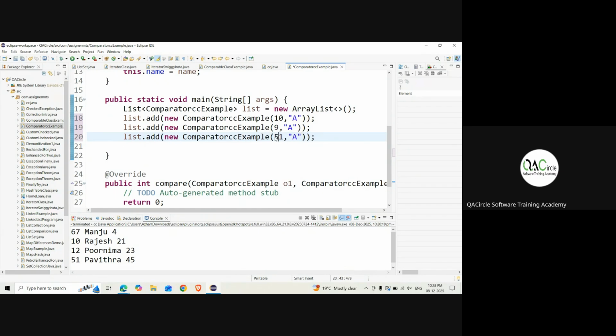$51. This is, let's say, C. I'm writing 3 of the examples of the names, which is wrong. Let me write proper names. That will be better. This time we'll take